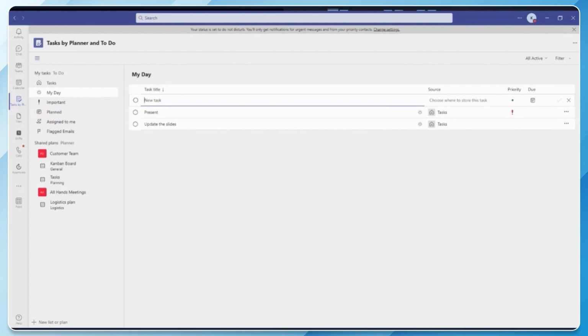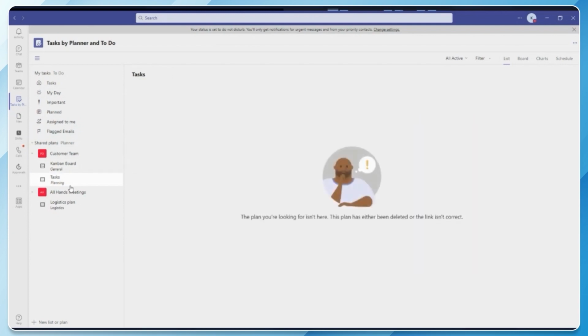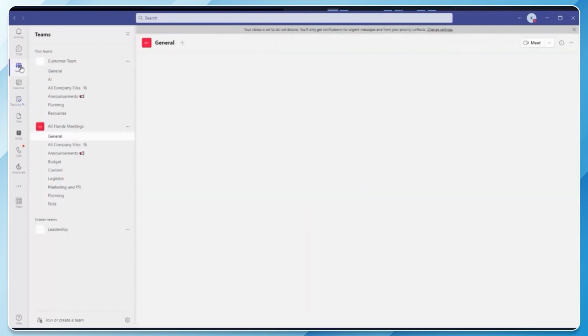But what you can also do is create team boards. The team boards, as you can see here on the left, I have a few of them. These are part of specific Microsoft Teams. Now, how do you create them? You can simply do it from the web, but you can also go to the Teams tab on the left-hand side,